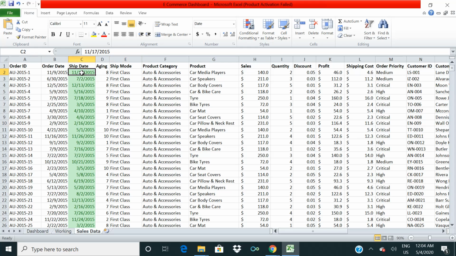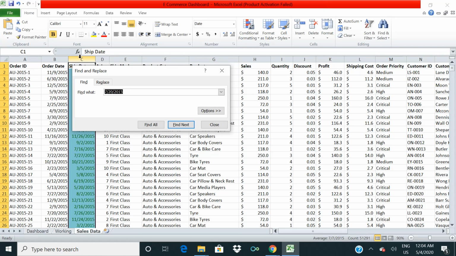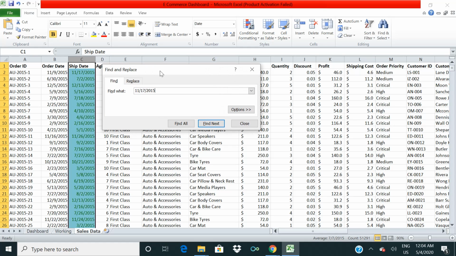Let's see this. I'm just copying and then searching this value. So 11 17 2015. The first value is 11 17 2015. Check, this is row number 2.